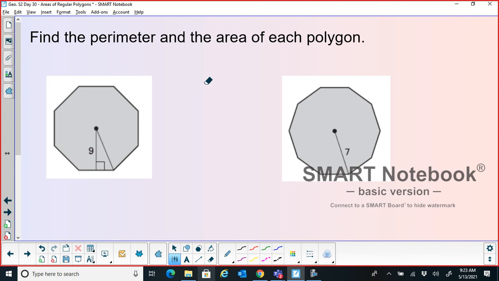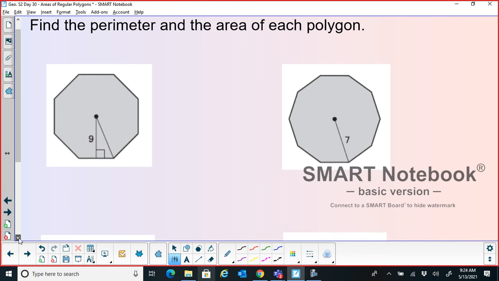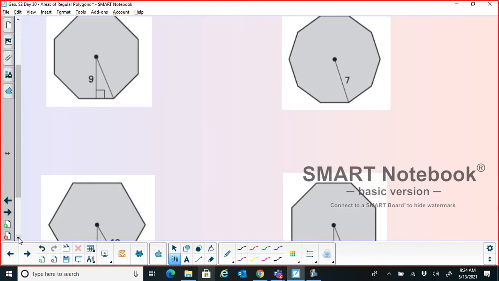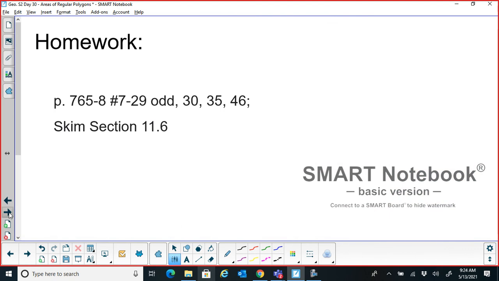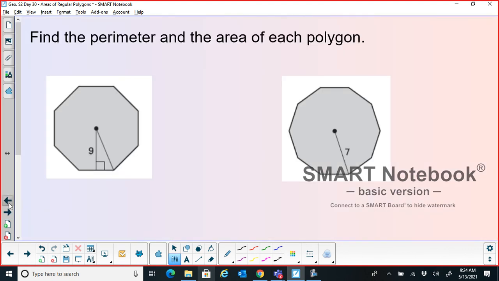Find perimeter and area of each polygon given here, and it's the same type. Let's see if there are any word problems before I ask you to work on this. Okay. Before we wind up for today, I just want you to work these two problems, not the below. Just work these two problems, find area and perimeter in both of these, and then I'll give you time to work asynchronously.